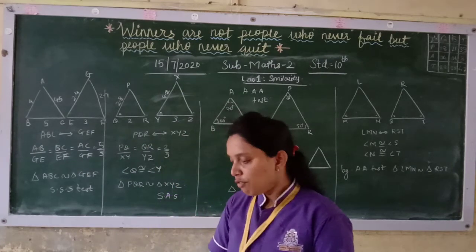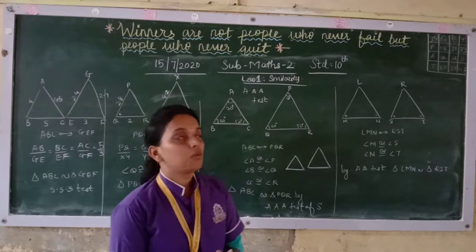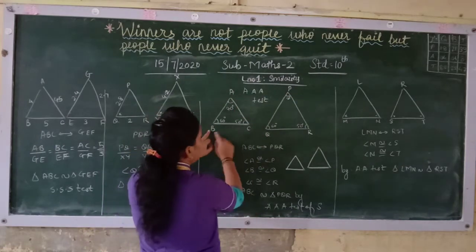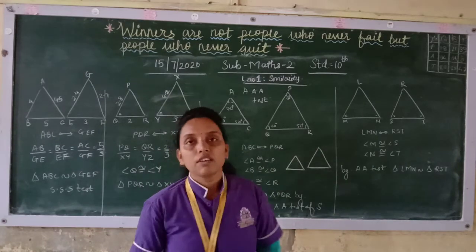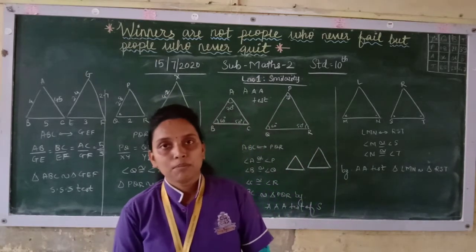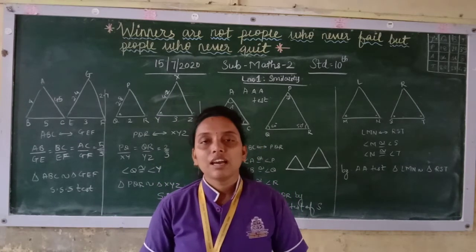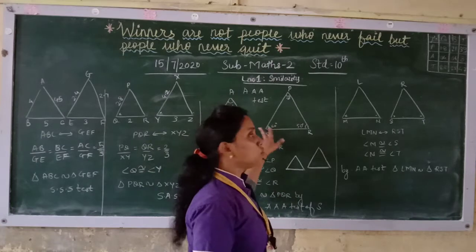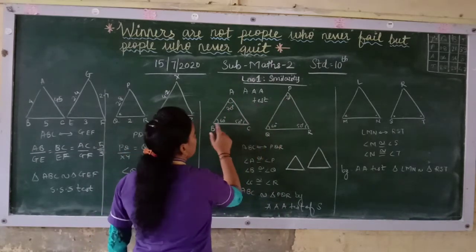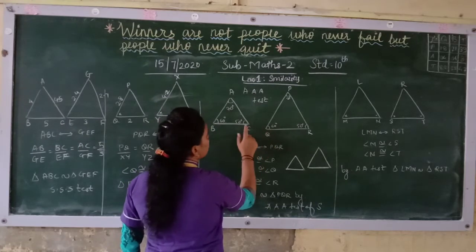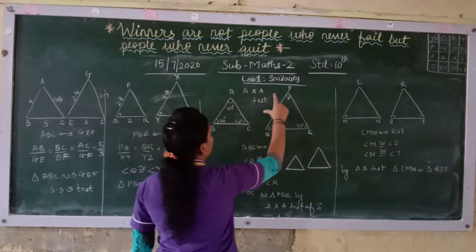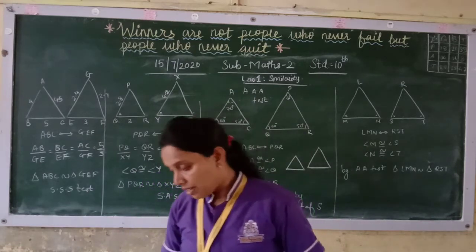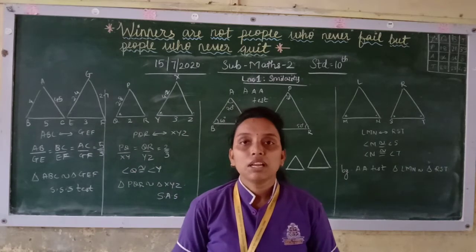Now, for a given one-to-one correspondence between the vertices, for example, A corresponds with P, B with Q and C with R. If you are given such a correspondence, and you can show that the three angles are congruent to each other and the three sides of the two triangles are in proportion, for example, if angle A is congruent to P, B is congruent to Q, C is congruent to R, and the ratios AB upon PQ, BC upon QR and AC upon PR are equal, then that correspondence is known as similarity.